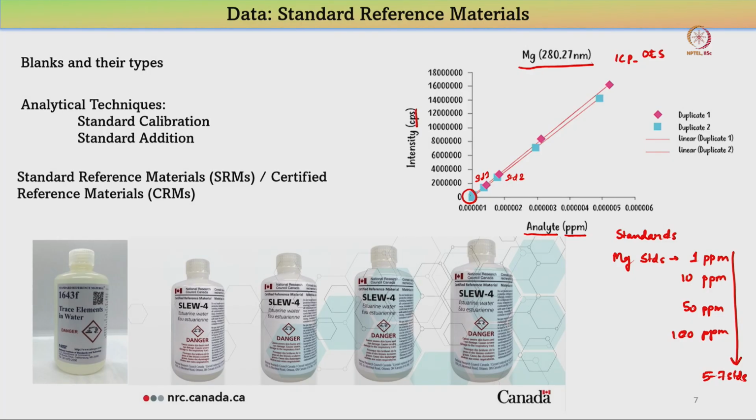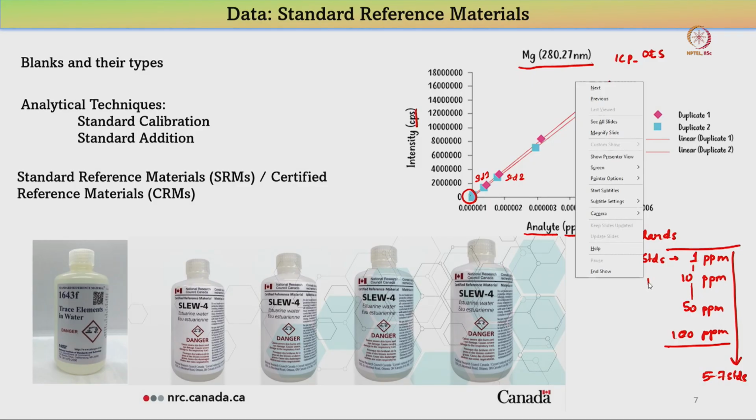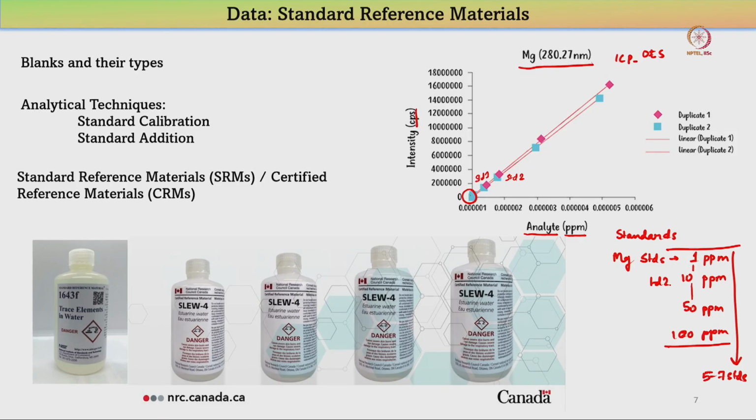Each calibration curve needs at least 5 to 7 standards. Now, this range, whether it is 10 or something else, depends on the range of your expected values. Depending on that you select a range and then you do the substandards. So, this is your standard 2, this is standard 3, this is standard 4, and we are going to measure that,